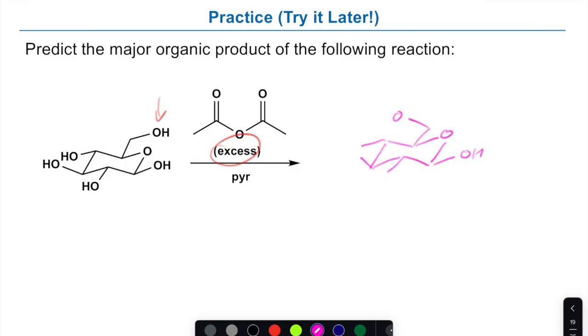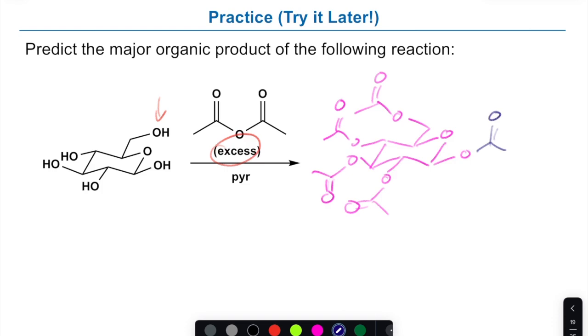And each of the alcohols, excuse me, will be converted to an ester in this case. So that includes each of the ones exposed. Here, again, we will have one more here and there, and also, that will also include our